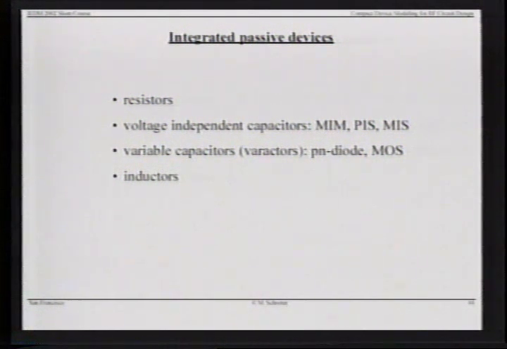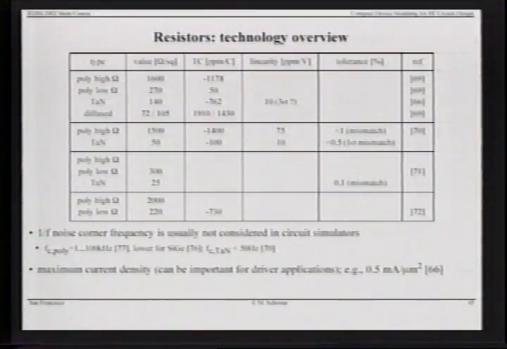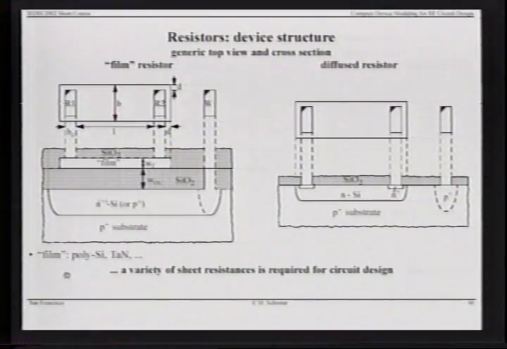Now we can move on to integrated passive devices, and we have the ingredients to construct models and equivalent circuits for resistors, voltage-independent caps, variable capacitors, and at the end, inductors. We already have enough information about the different processes and what the resistor and other passive element offerings are. This just emphasizes again that we have very different types of resistors, and two of them are shown in the